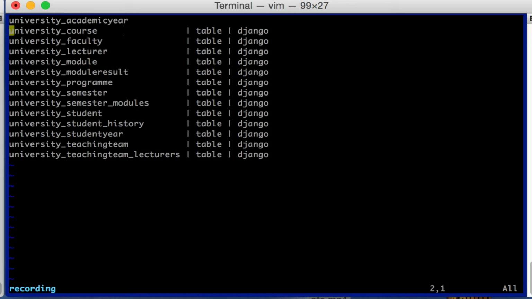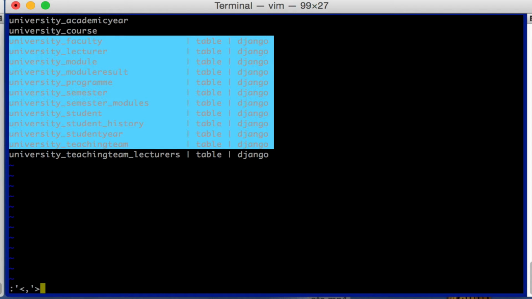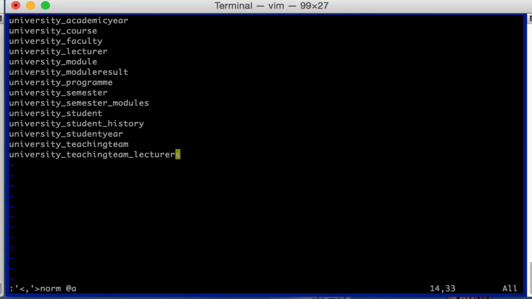So with the macro saved, I'm then going to press colon to enter an ex command and type in normal after I've selected the text I want to work on, every line that I want this to work upon, and type in @a. A is where I recorded the macro, and @a would tell Vi to run the macro stored in register A. So that will run that macro on every single line,